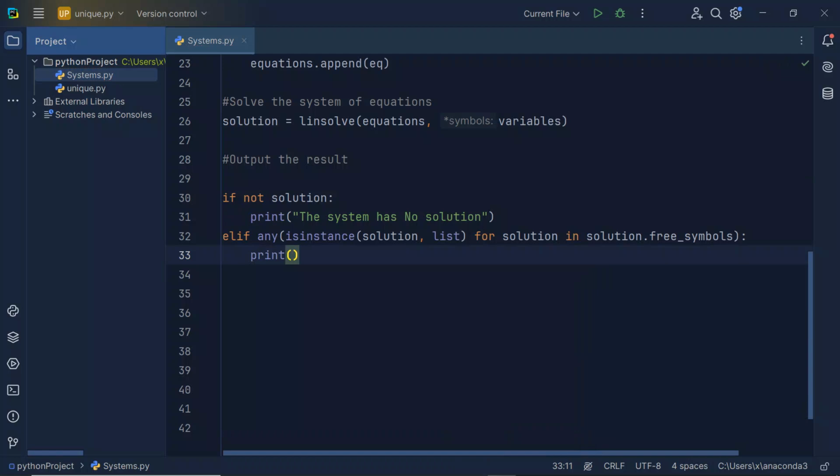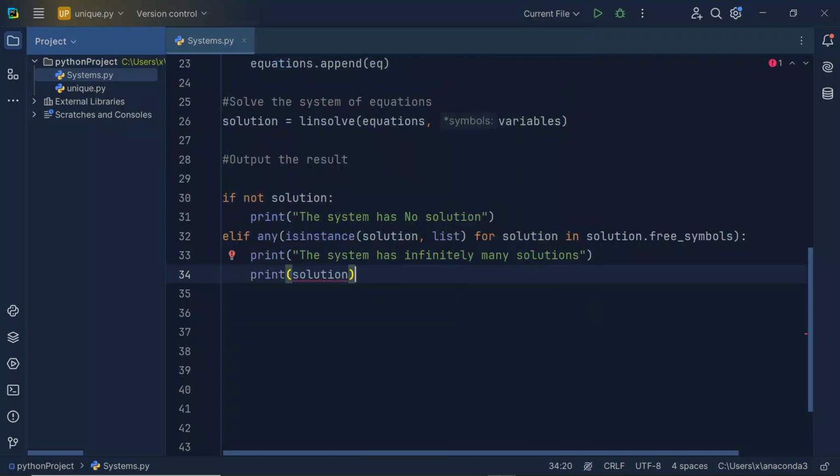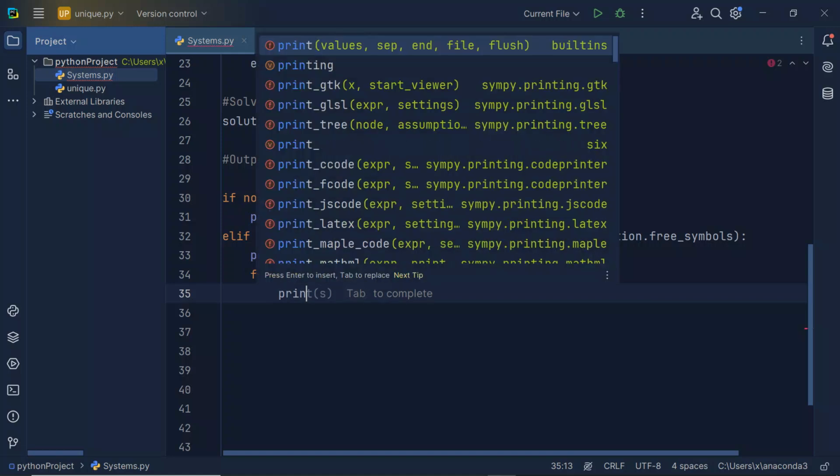the system has infinitely many solutions. All right, so the system has infinitely many solutions, and then we're going to print that solution. Right, print solutions, or maybe for s in solution, yeah, let me write it that way. And for s in solution, print s, sorry. Okay,